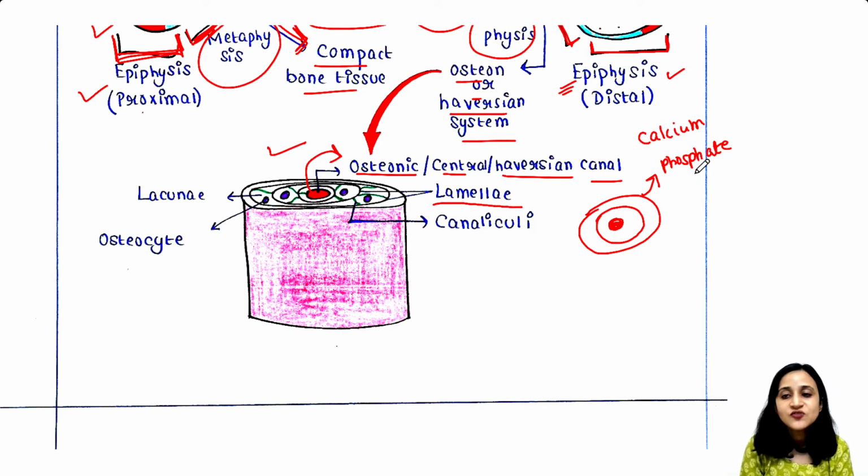So calcium phosphates are accumulated here in this extracellular matrix, and those ring-like structures are called lamellae. Now in between these lamellae, these parts are called lacunae. So these ring-like structures are lamellae, and in between these ring-like structures you will get the space that is called lacunae. And in that space, that is in the lacunae, you will get some cells, and those cells are actually called